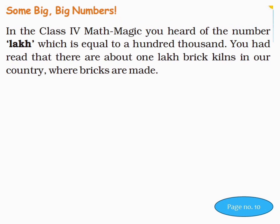Now page number 10. On page number 10, some big numbers. In the class 4th Math Magic, you heard of the number lakh, which is equal to 100,000. You had read that there are about 1 lakh brick kilns in our country where bricks are made. So in class 4th Math Magic book,